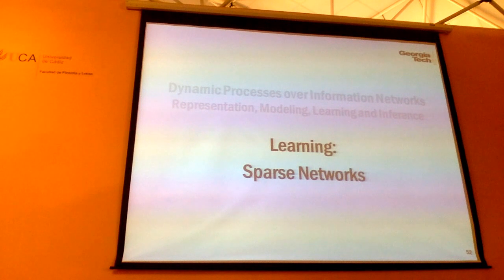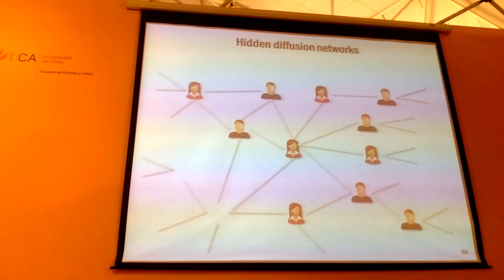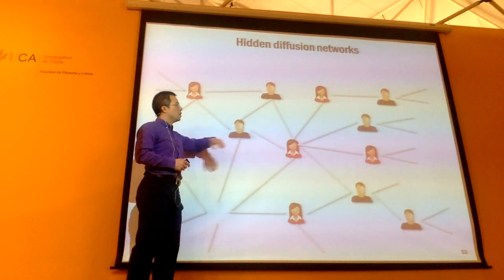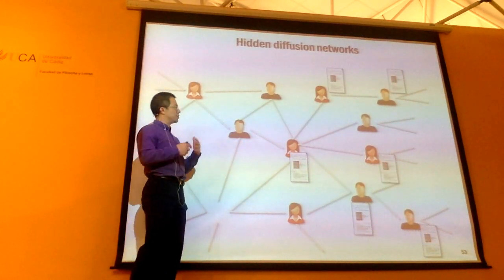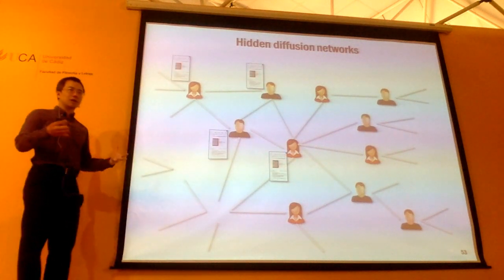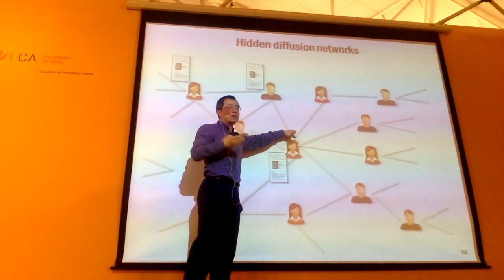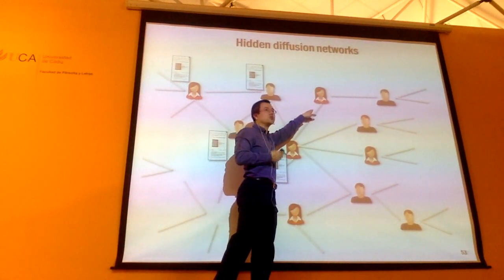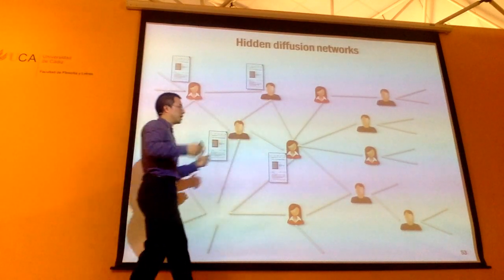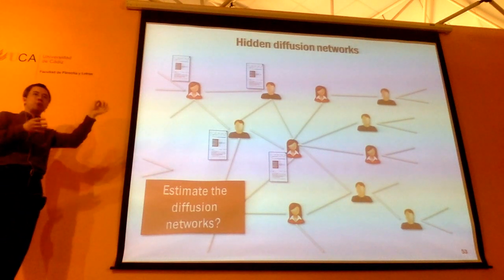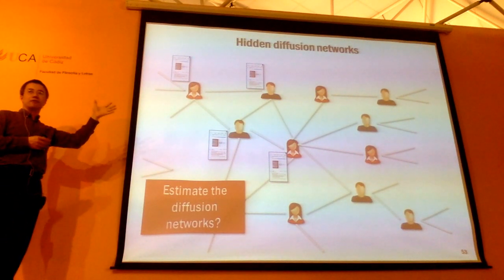One problem associated with the information diffusion network is that sometimes the network is hidden from you. You don't get to see the network structure. What you only see is the tweeting behavior. For instance, you just see people tweeting, and you don't know exactly the connectivity. Or sometimes you know the connectivity, but you don't know the exact parameters, right? How strong is this influence? You want to estimate it from the actual tweeting behavior, based on just those time points or cascades we have.